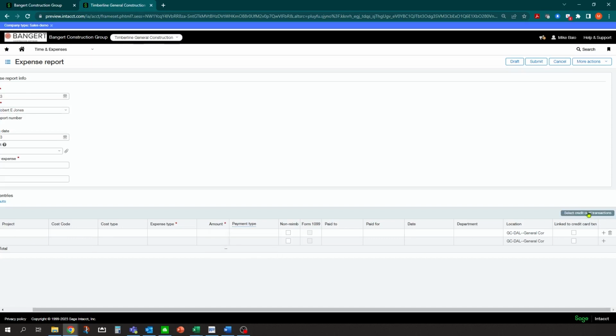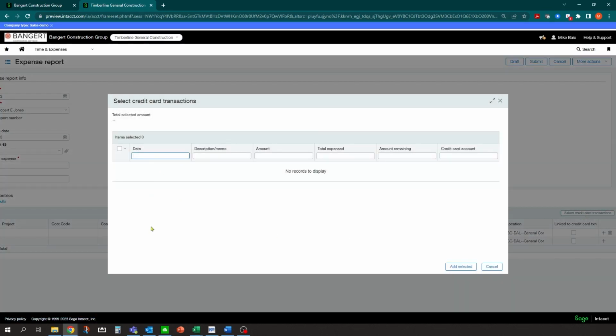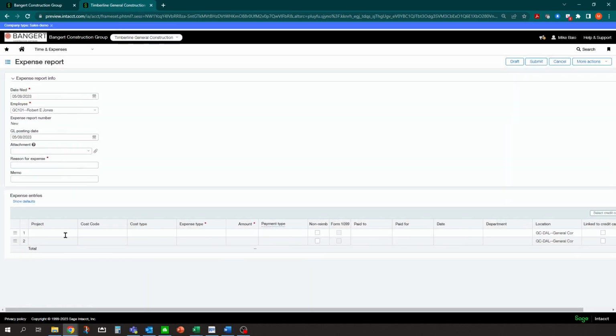Now, if you're using bank feeds and that information's coming in from your credit card, the user who's responsible for the corporate card entry can click Select Credit Card Transactions, and they would see a list of credit card transactions that came in from the corporate card. And they can select this and have it auto-populate back in here that they can code accordingly and post it through the system. So there's some additional setup with that, but that is a great feature that is now in the R2 release coming soon.